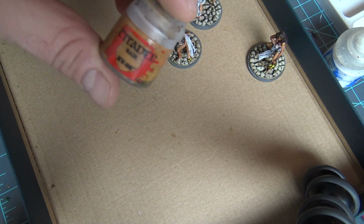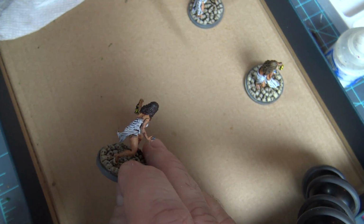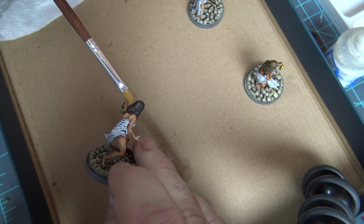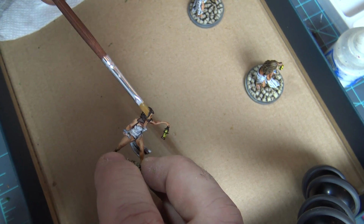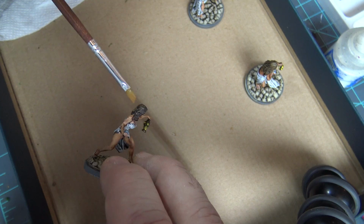So I'm going to take just a little XV88, really take it off the brush, and I'll show you what I'm going to do next. So all we're going to do is, once we take all that off, we're just going to very lightly go over the hair and give it some definition. And you'll see when this dries how it'll really kind of just...